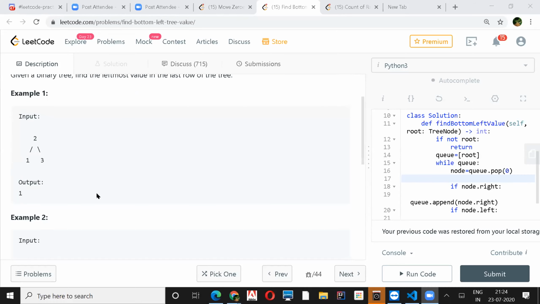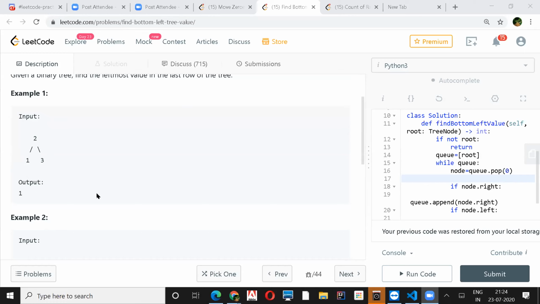What I thought to implement this is to take just one variable which marks whenever you start a particular level, the first element. You just mark it, that's the first element.